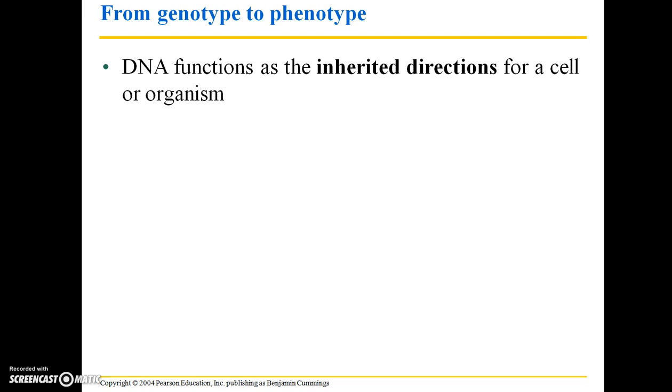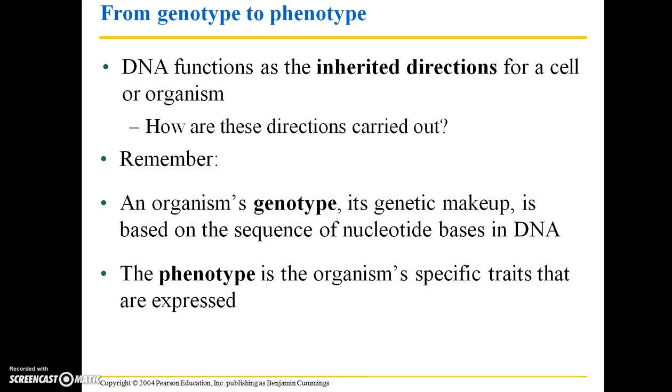DNA functions as the inherited directions for a cell or organism. But how exactly are these directions carried out? So if DNA is the blueprint, how does that blueprint actually get built? Remember that an organism's genotype is its genetic makeup, and this is based simply on the sequence of nucleotide bases